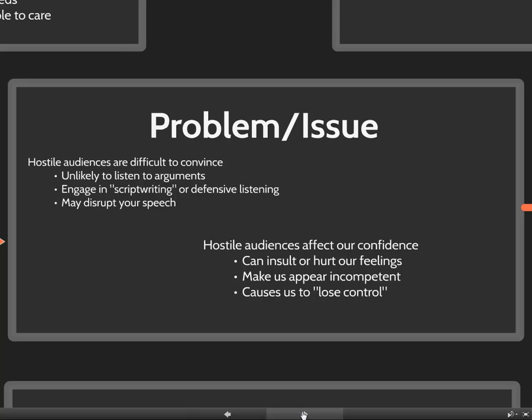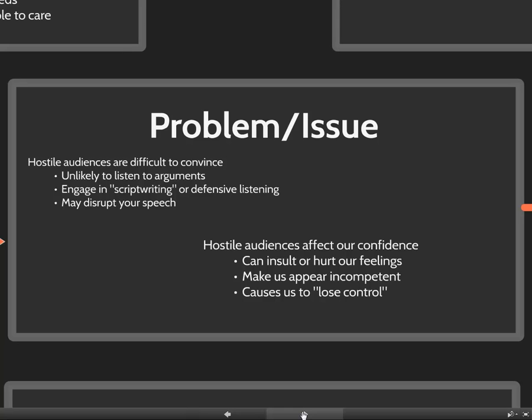A speaker might give a point that someone doesn't like and they say, okay, well, I disagree with that, so I assume they'll say this, and this, and I disagree with all of that, rather than listening to what the speaker is actually saying. And this kind of defensive listening, in other words, listening in order to counter, or listening in order to get a point across, can be difficult in persuading an audience, but the most extreme ones may disrupt or try to heckle you, and that can be very challenging as well.